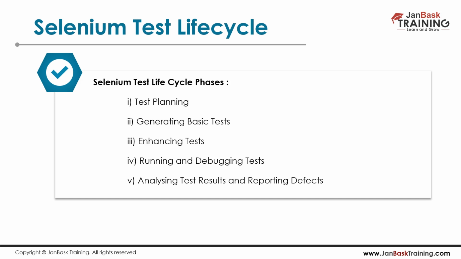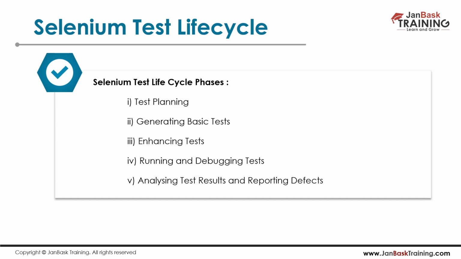Next thing is writing basic tests, so generating basic tests, right? In order to automate, initially we'll write some basic tests, and these tests will be with the help of Java code. We'll be using Selenium jars and Java code in order to write some basic tests. Once we have written those basic tests, we need to enhance them. Enhancement means reducing time consumption. Initially the test might take like 10 hours to execute. We need to reduce it to 8 hours, 6 hours, something like that, so that the test cases are much faster and easy to handle.